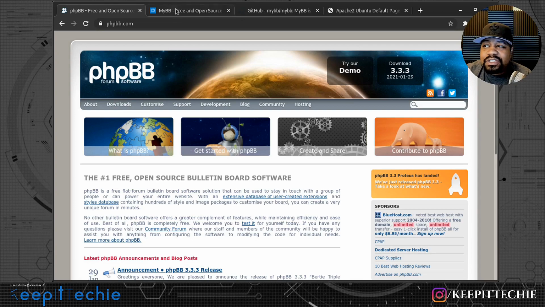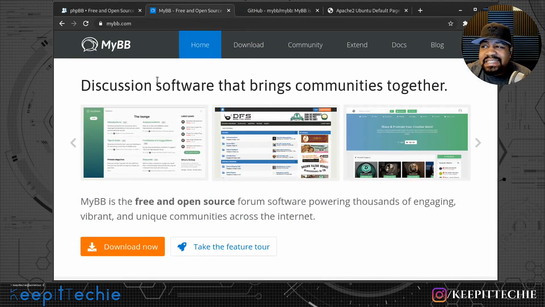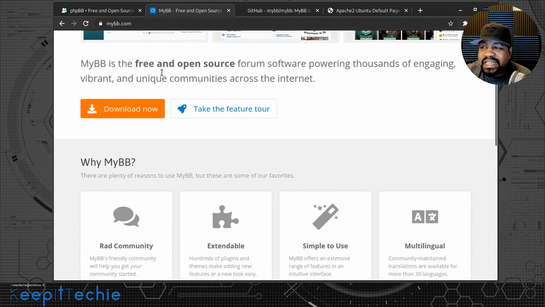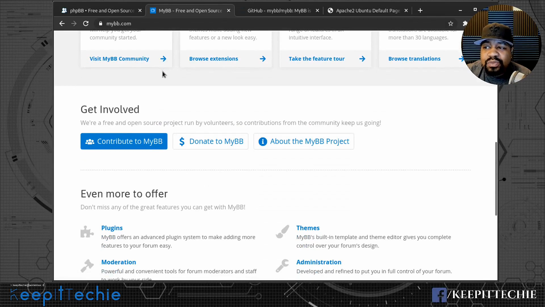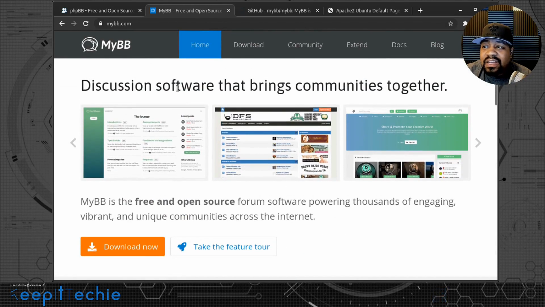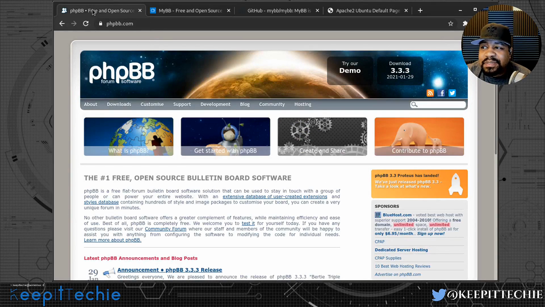But let me show you guys the one that I'm going to install today, which is MyBB. And to be honest, I'm not sure if it's a fork of PHP-BB, but I believe this one is written in PHP as well, from what I've read. I haven't installed this one before, but based on all the information I read about it, it has a big community behind it as well. And it looks a little bit more modern in my opinion, and I'm not sure, they may have changed PHP-BB, because the last time I installed